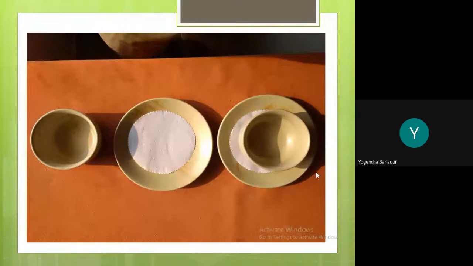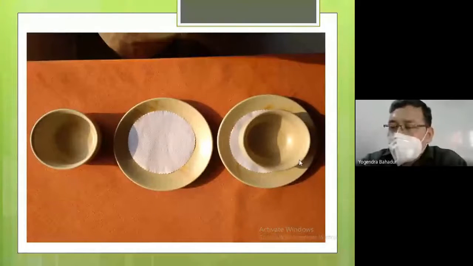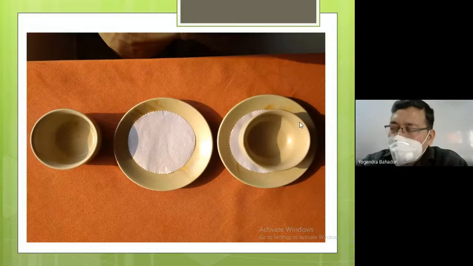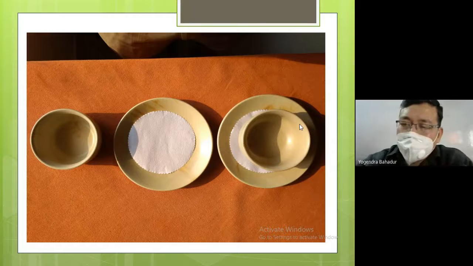So we are using the side plate under the soup bowl, then it is also called an underliner. Here the side plate is an underliner of the soup bowl. Likewise, in the hotel industry, if somebody asks you to bring the underliner of the soup bowl, he is exactly asking you to bring the side plate.